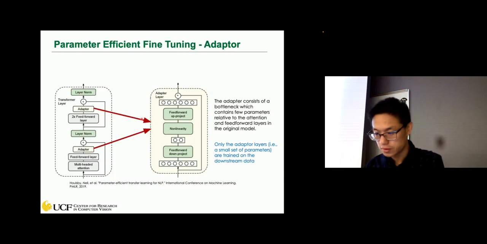On the right side, we can see the internal structure of the adapter layer. You have a bottleneck structure, just a very simple MLP layer. Basically, you down project the representation into a lower dimension, and usually there's some non-linearity. Then you have another layer to project back. This is called the bottleneck structure: you first down project, then you up project to the original dimension, then you can feed it